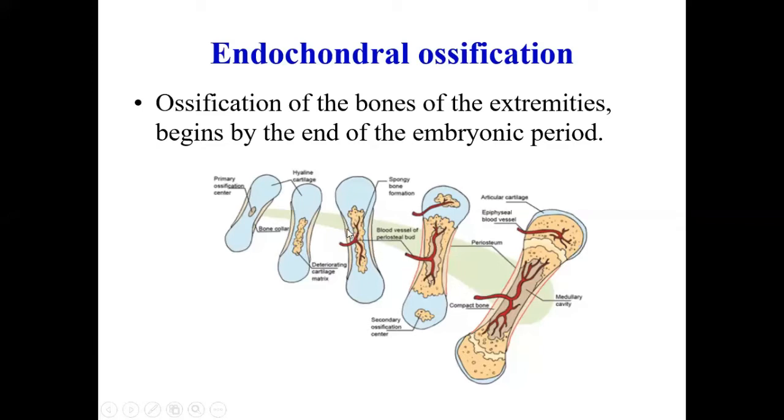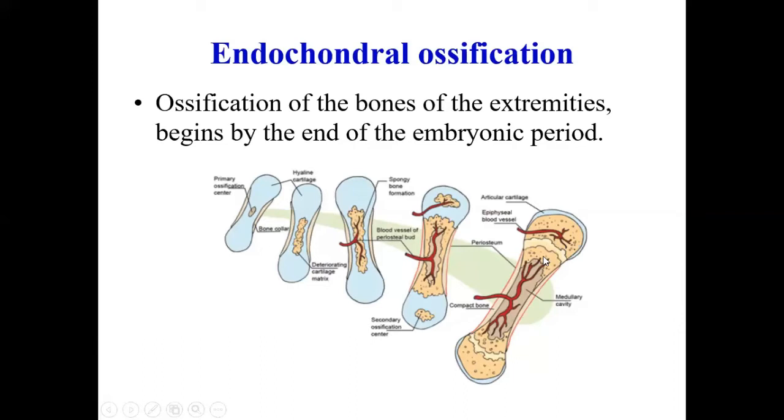And after the primary ossification center and diaphysis formation, both ends of the bone have a secondary ossification center which appears after birth, and this area is known as epiphysis. So epiphysis develops from the secondary ossification center. In between epiphysis and diaphysis, there is an epiphyseal plate of cartilage, and this plate of cartilage continues to increase the